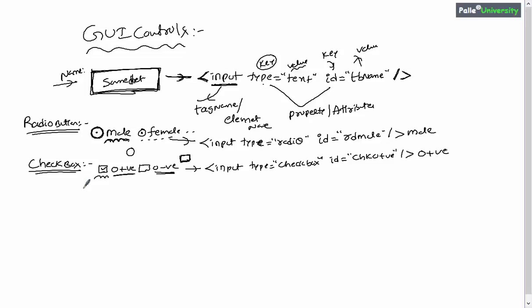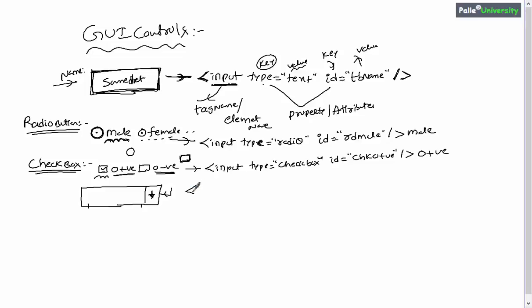Now let us try to understand how to create a drop down list. In general, a drop down list will appear something like this. When the user clicks on that drop box, some items will be visible. Something will be dropped, and inside that dropped box you will be able to observe some items. Now how to create such drop down lists or drop down boxes? Some people call drop down boxes combo boxes also.